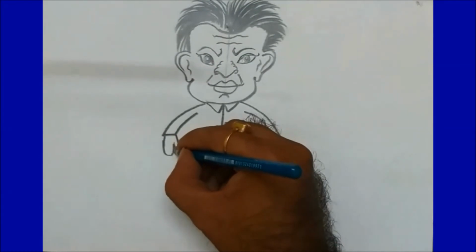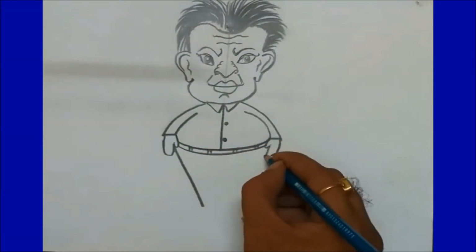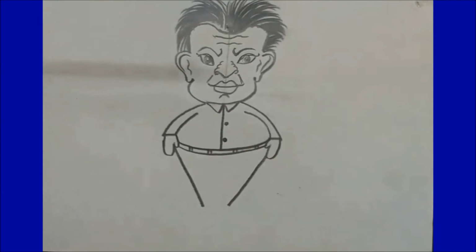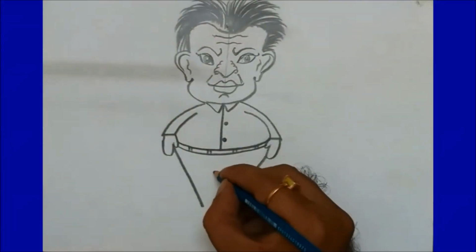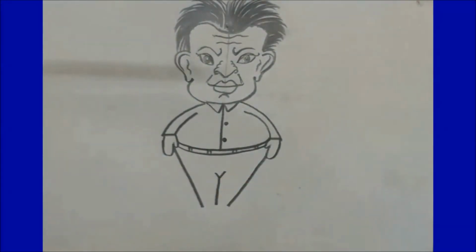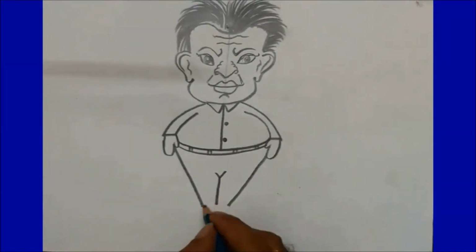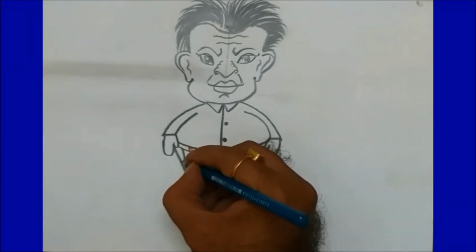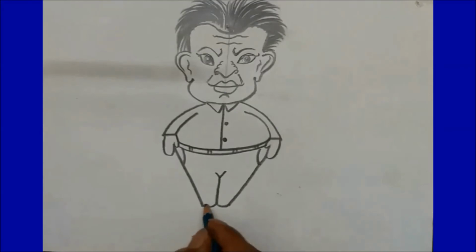Now one slanting line going downside, one slanting line going downside. A V at the center for the bifurcation of the pant. Coming in a straight line towards down. One curve, one curve. This is our pant finished. If you want to show the pocket, yes, you can show the pocket. That is our pocket. Now if you want to show legs open and wearing chappals, yes, you can make it